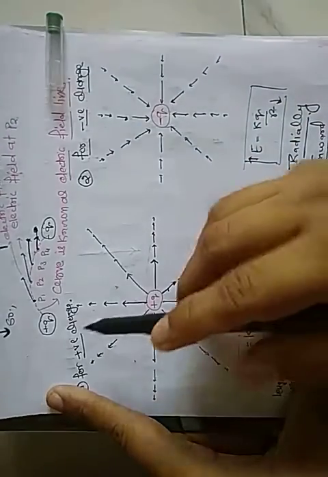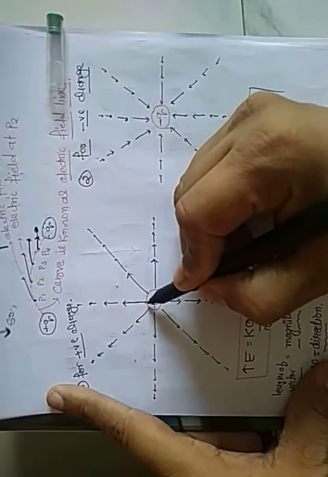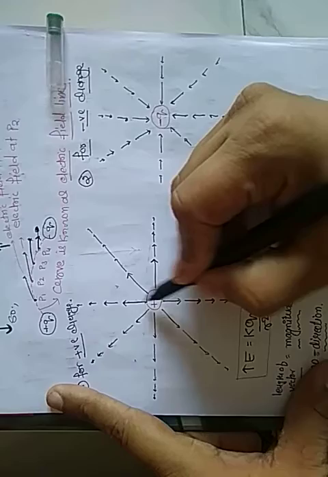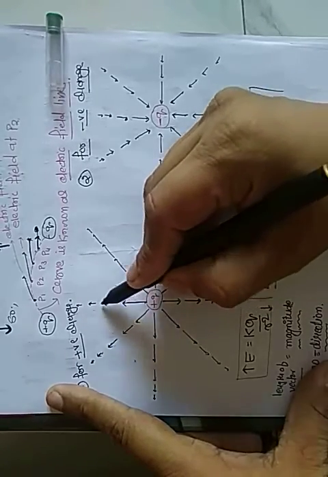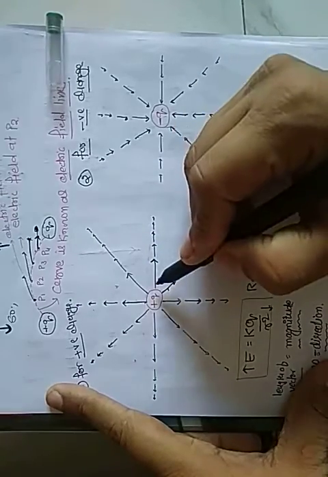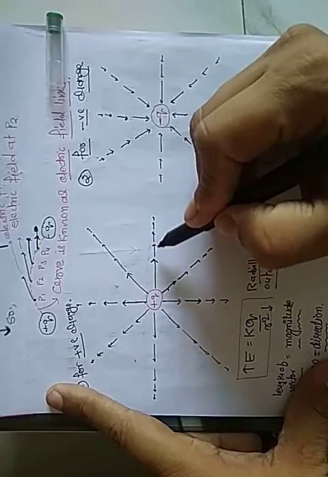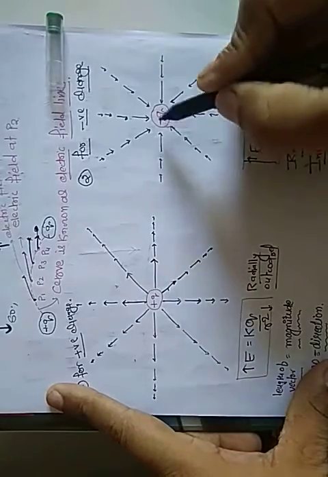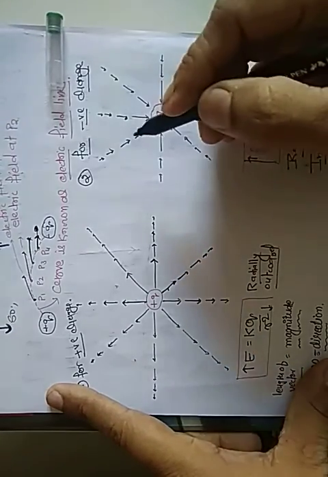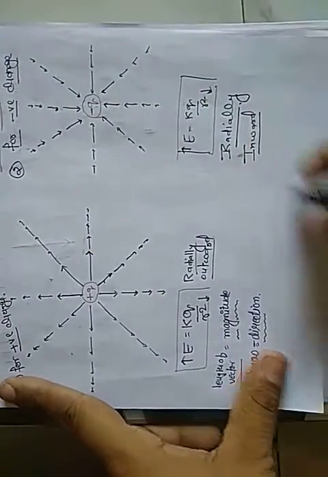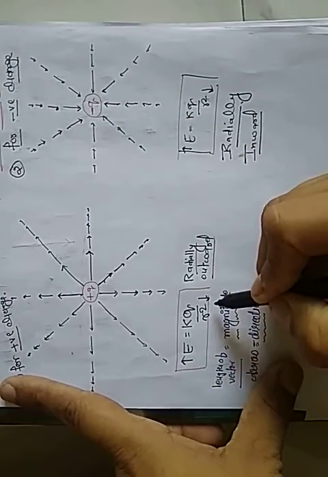Now already we have discussed: for positive charge the field is outside, for negative charge the field is inside. Now see, the electric field, as I told you, is a vector quantity. Near the charge, the vector is very long, but as we go away, the size of the vector slowly decreases. All the vectors near the charge are maximum, but then they decrease. Similarly here, closer to the charge the vector is larger, but away it decreases. Why are we saying this? What is the formula? E is equal to kQ by r square.